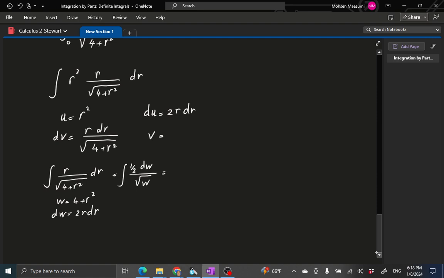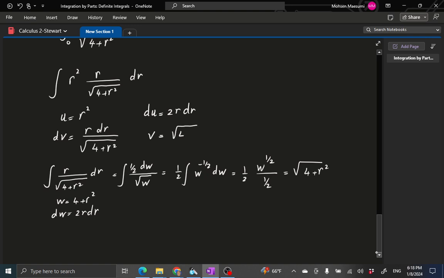So I put the 1/2 outside, and then w to the power of minus 1/2, and then dw. The exponent of w goes up by 1, becomes plus 1/2, divided by 1/2, and we don't deal with the constant anymore. 1/2 and 1/2 cancel. w in radical, so 4 plus r squared. So my v